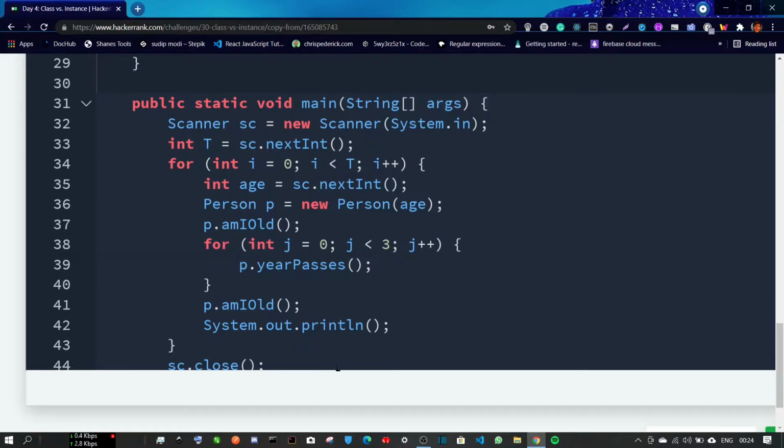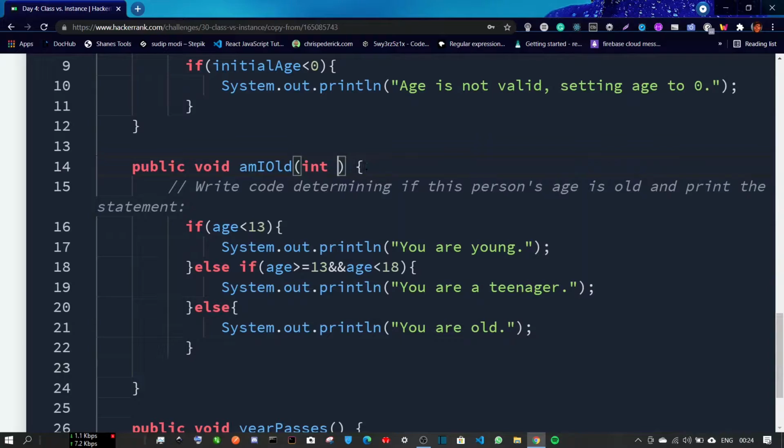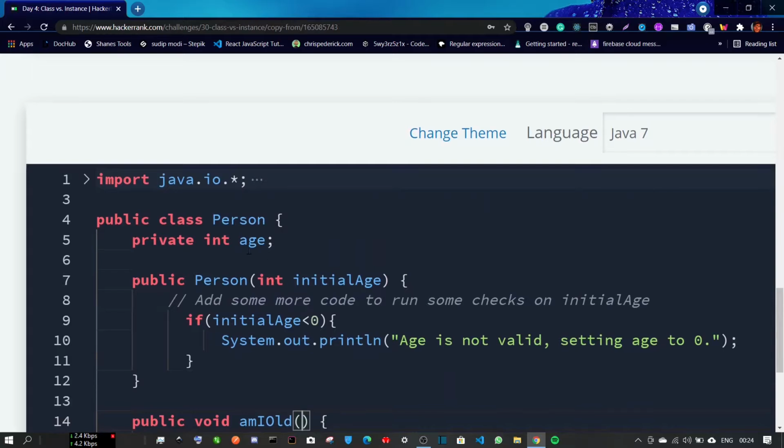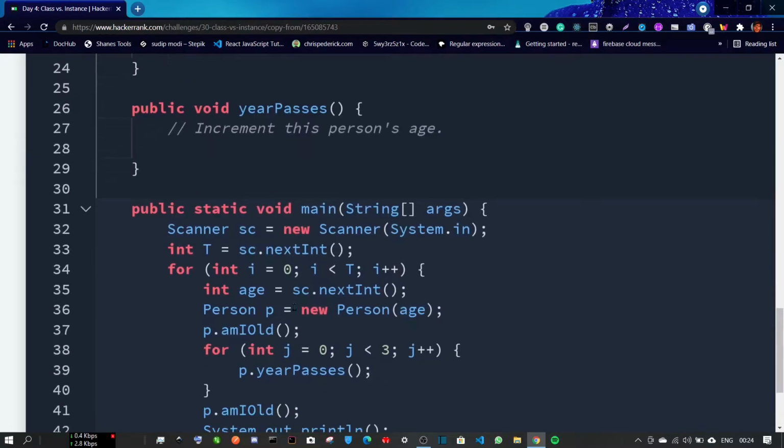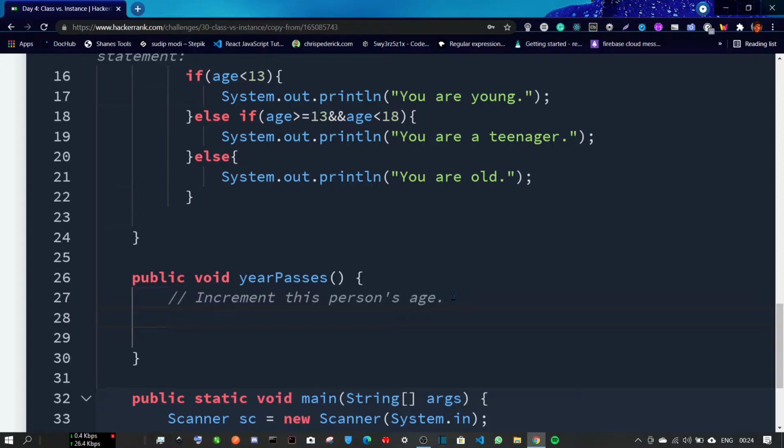So we don't need parameters in these functions, or you can say methods, since it is Java. So we delete this parameter from this am I old method. We'll just use age directly because age is declared here. And with this year passes, we write age is equal to age plus 1.